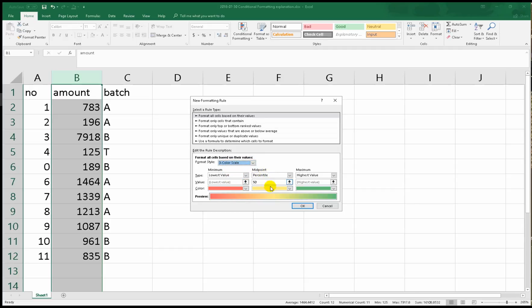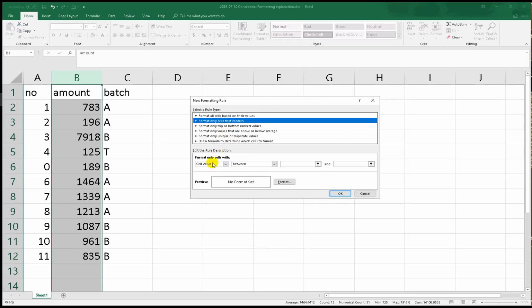This one is to show you which one is the highest, which one is the lowest, and you can change the midpoint, let's say 90 number, sorry, percent, 70% or anything. And format cells that contain cell value, specific text, date, blanks, no blanks, errors and no errors,